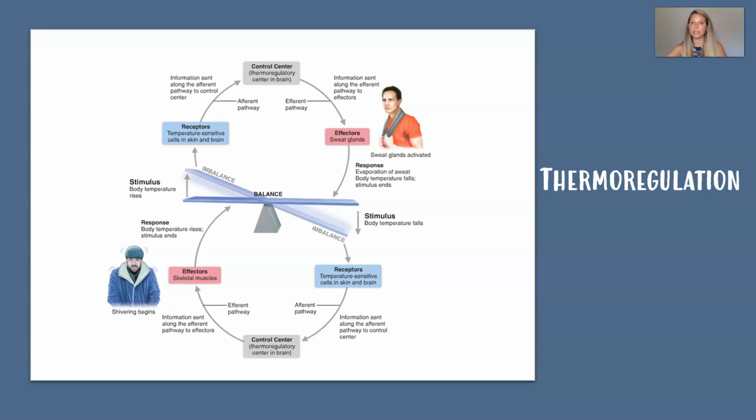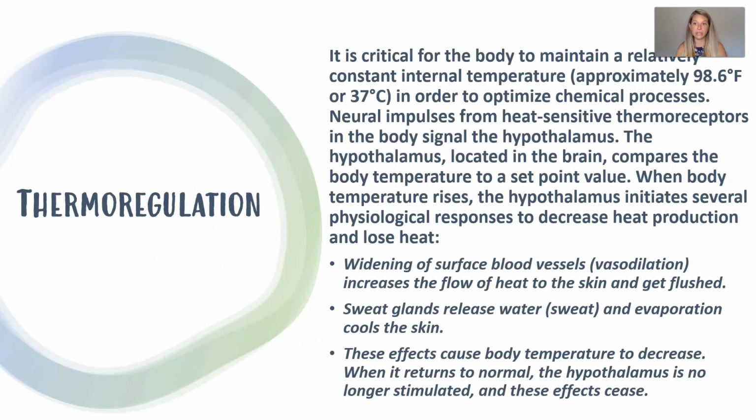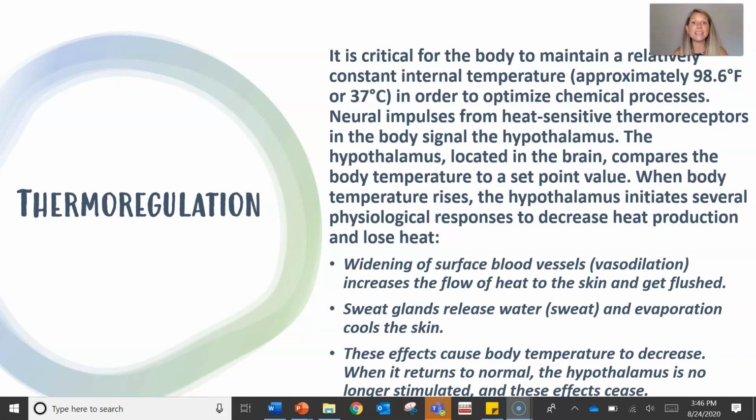So our first example is thermoregulation, your body's ability to maintain that internal temperature of ideally somewhere around 98.6 degrees Fahrenheit. So when the body temperature rises too high, your body does natural things in order to bring it back down. When your body temperature gets too low, your body does certain things to bring it back up. Okay, so I'm not gonna read this because this is on your paper, but go ahead and read this and then pause on this slide so that you can see if you can identify the different components of this particular homeostatic feedback loop. All right, so pause.